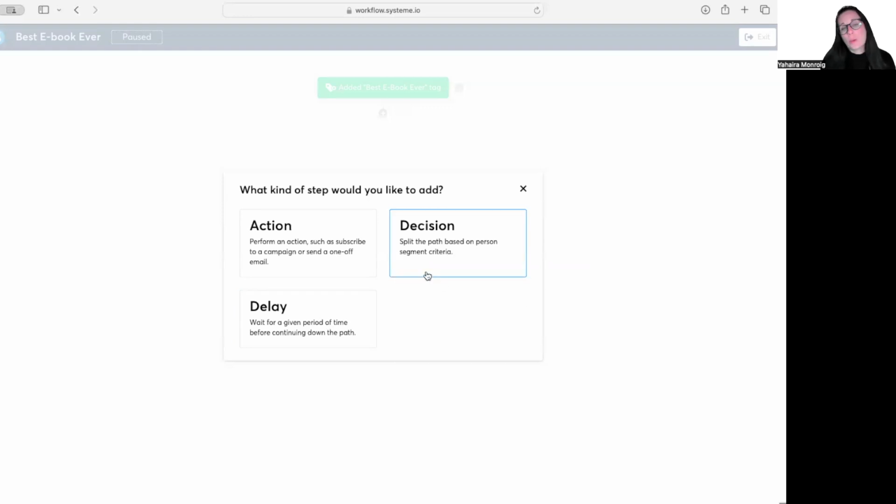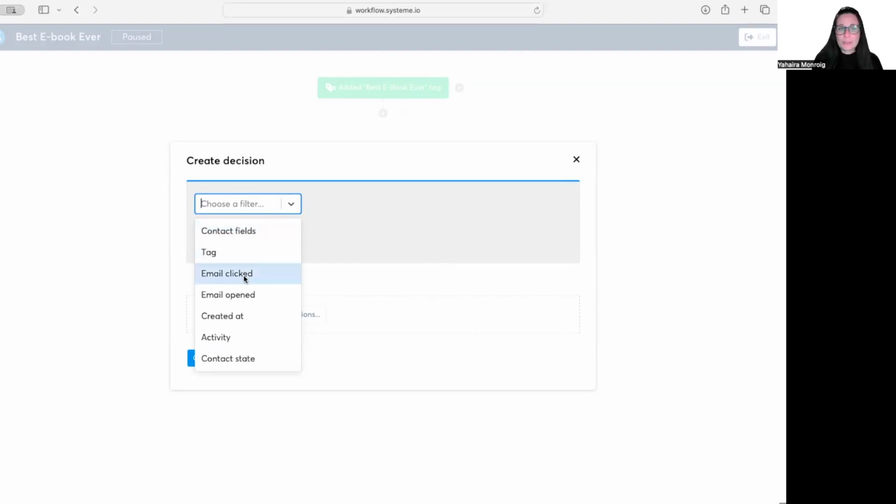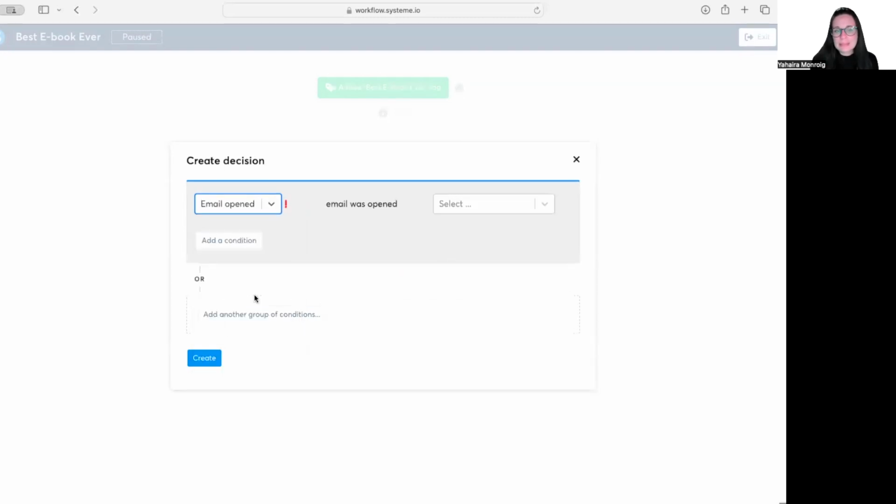Another option, the one that I want to show you, is the split the path based on person segment criteria, which is the one that I really like because it's an additional step for the system, more automations for you. So we create a decision. Let's say the person was tagged, the campaign just started, and we're going to ask the system, when the email that we sent was opened,